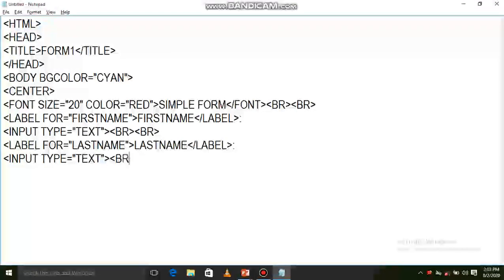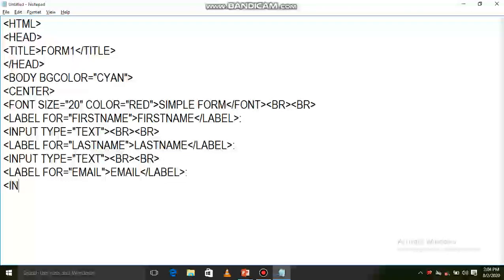Again I need to break the line, br tag. Next again label for email. Here email, label close. Next again input type is equal to text.